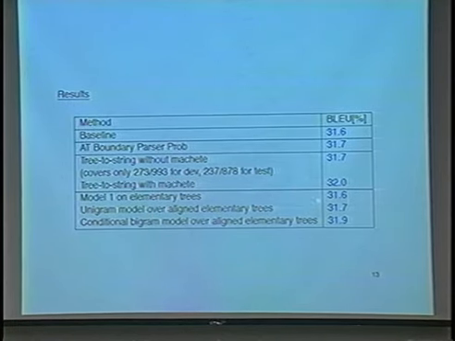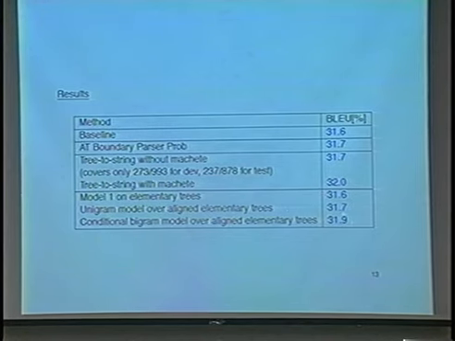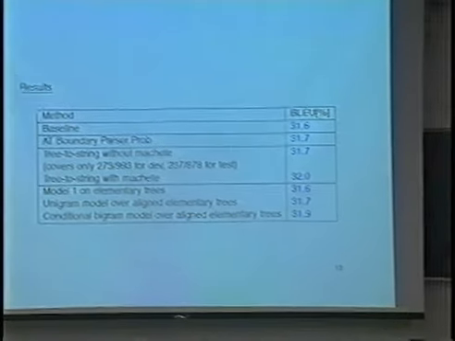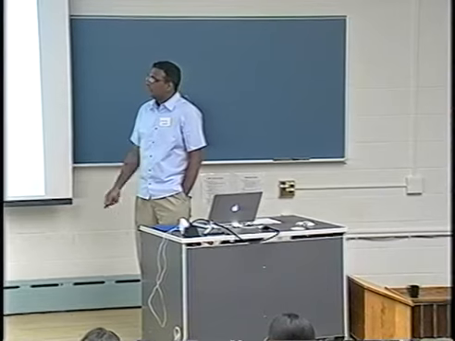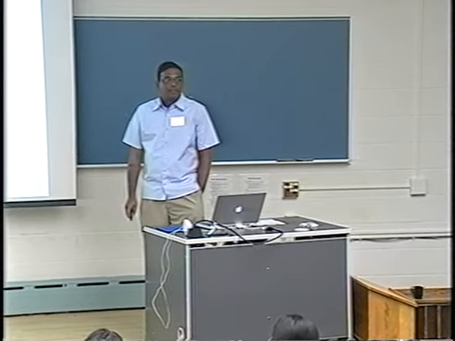Model 1 on elementary trees takes 31.6, exactly at the baseline, and the various more complicated models actually get 32, which is notable also because it's a less complicated model than full partial alignment. And if there are no more questions, I can pass you on to Viren, who will also wow you with additional marvels of the machete.